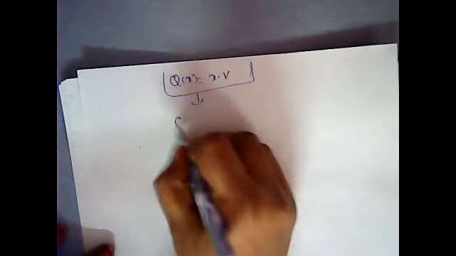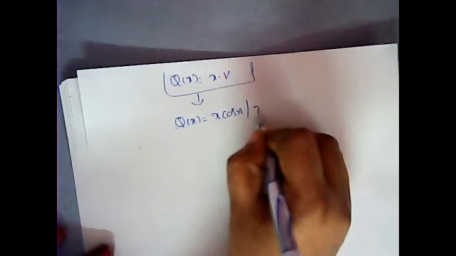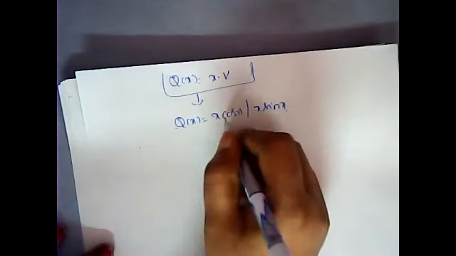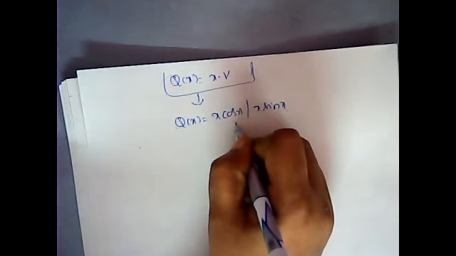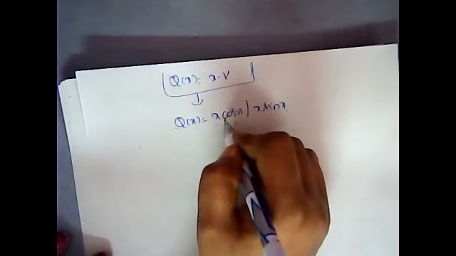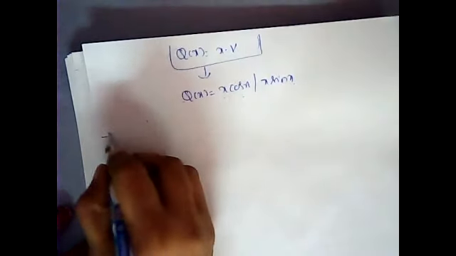Suppose if the Q of x is in the form of x into V method. So x into V method means here the combinations will be given to you in this way. So the Q of x will be given to you in the form of x cos x or x sin x only. Okay, because if the Q of x is given as x into e power x, it will come under e power ax into V method. So that's why the combination will be given to you. The V will be given to you in the form of cos and sin only. Okay, now let us see a problem based upon this one here.